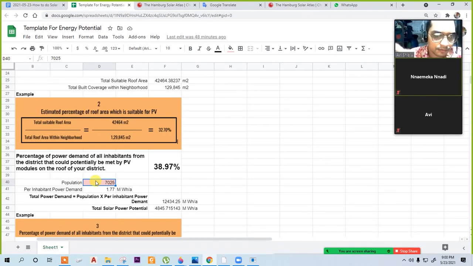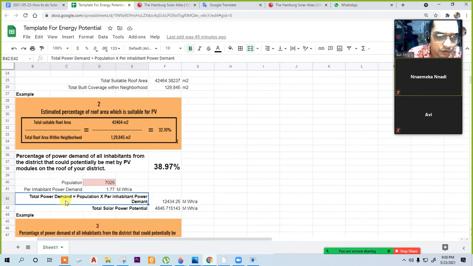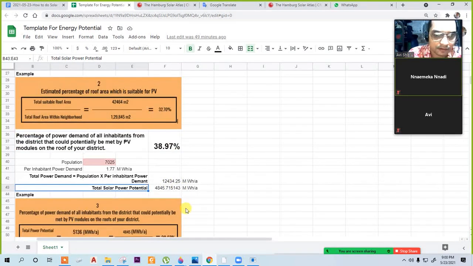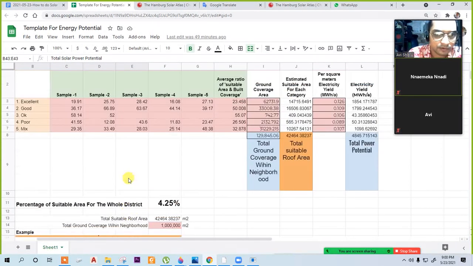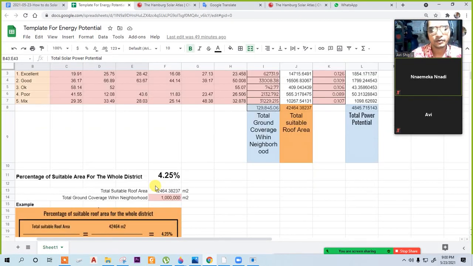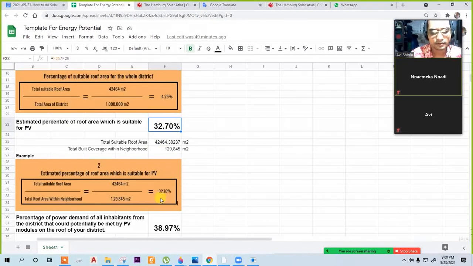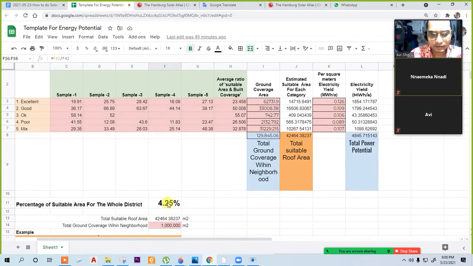Put the population here, you will get the total power demand and total solar power potential. Here is some example, it will also help you. So this is the way you will get all 3 indicators from the solar analysis.